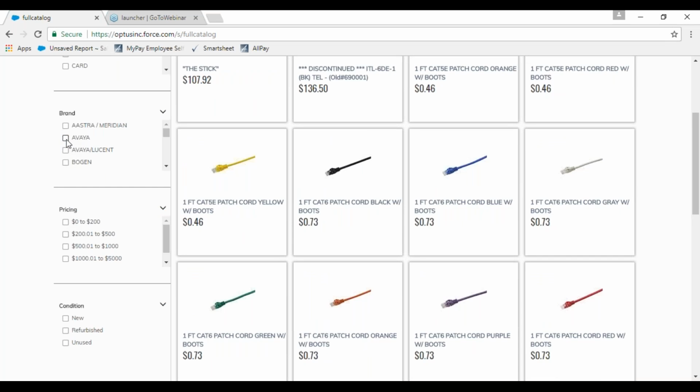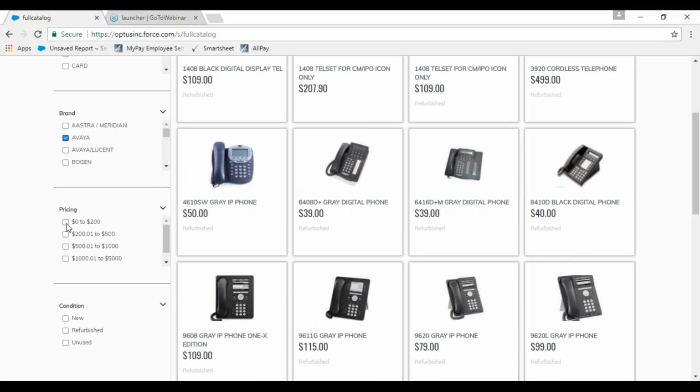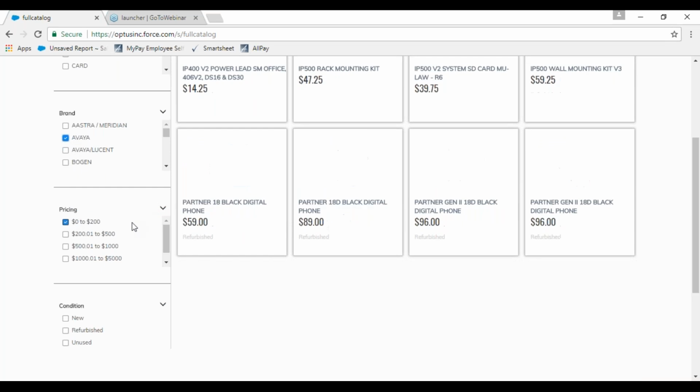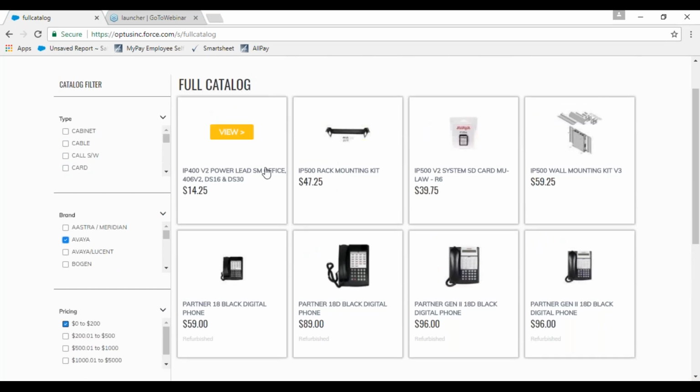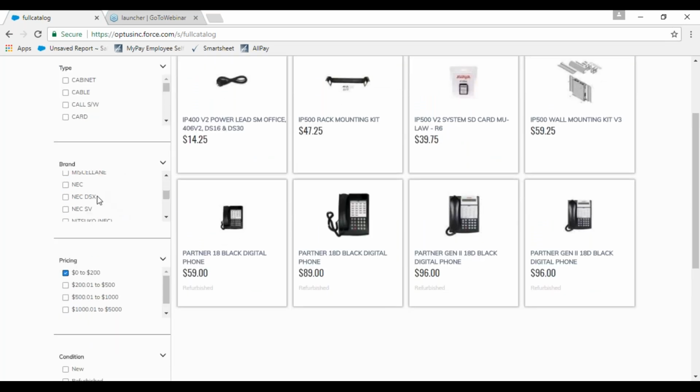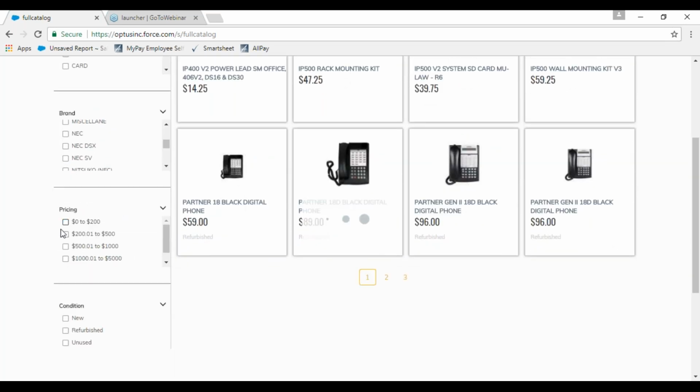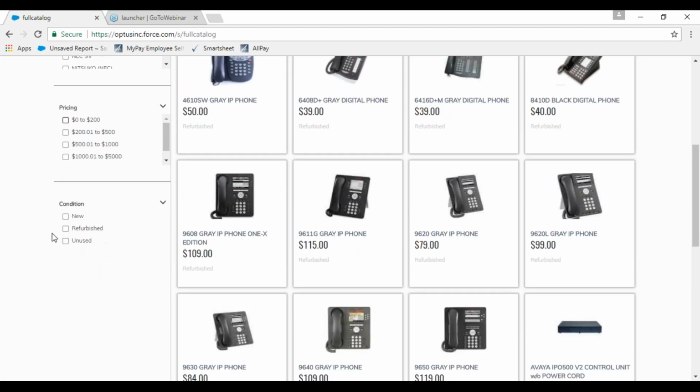Pricing, maybe you want to stick with Avaya here. We'll go ahead and stick with it, and maybe you want to look at pricing for a phone 0 to 200. It's going to populate that information for you here as far as what products we have available in that price range. And then, of course, what condition: new, refurbished, or unused. So we have multiple selections here, if you're wanting something new, or if you're wanting to save a little money but still have a fantastic product, you can look at refurbished or unused